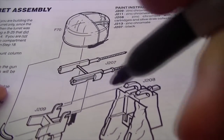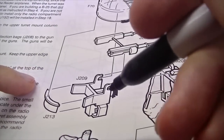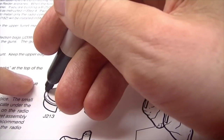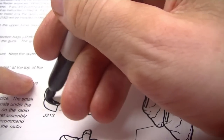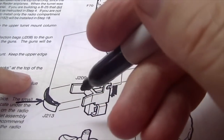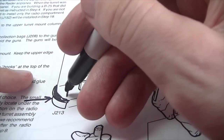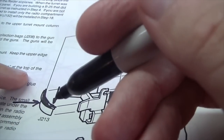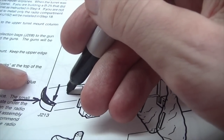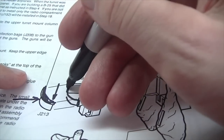And so what I did to fix that, and this was a real pain in my ass because I already had the guns installed and everything, was I removed most of this material right here. Basically that entire ledge right there, I cut it off by making a cut from this direction with my razor saw just underneath that ledge, and then making a perpendicular cut like that to just remove the rest of that because it was glued onto this thing right here. And so what that ended up leaving me with was a ledge that looks kind of like this,